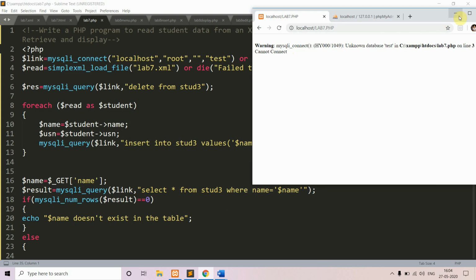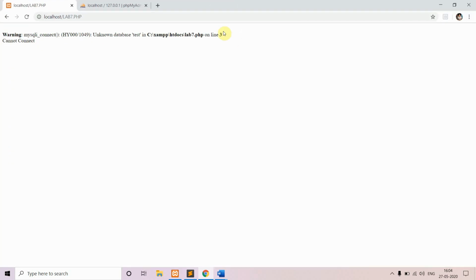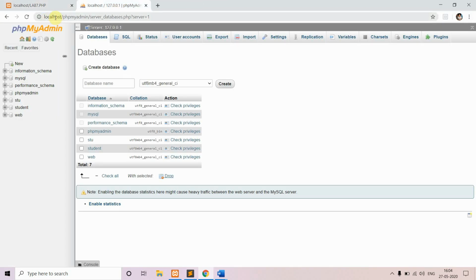Okay, so what we have to do now is create a database. To create a database you can go to localhost/phpmyadmin. When you come here, you're going to get this. Here we have to create a database. What is the name of the database we had given there? We had given the name of the database as test.